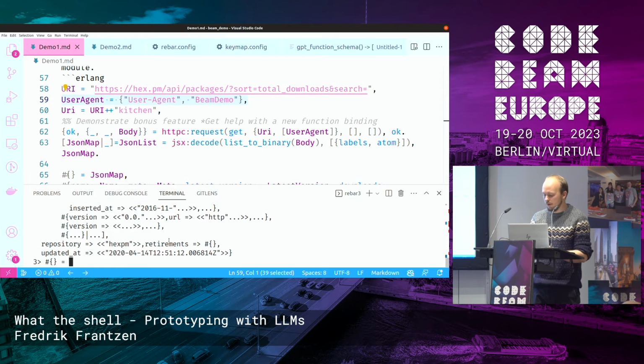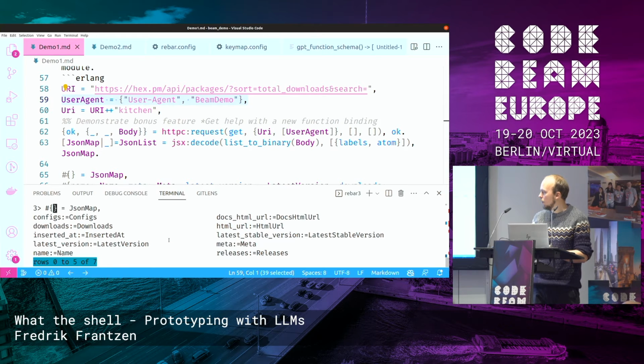So this is something I just recently added, and we'll probably have to polish that a little bit more. But here we can have some auto-completion on the pattern matching.